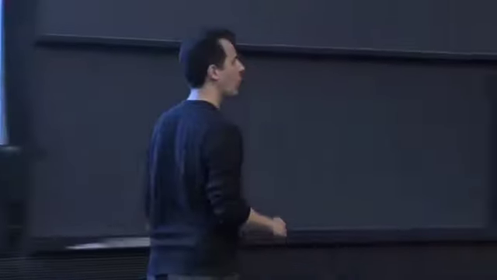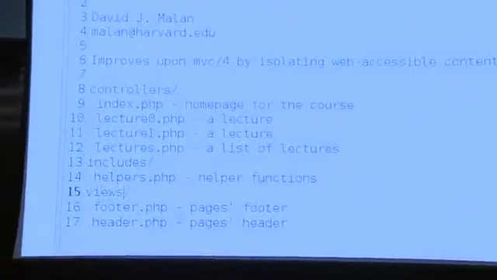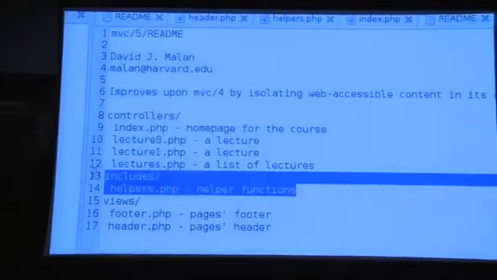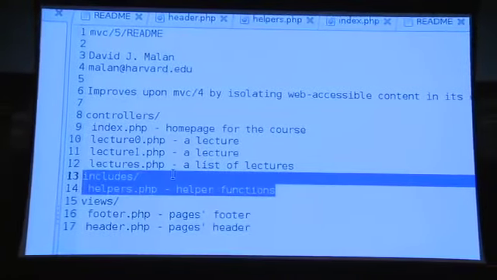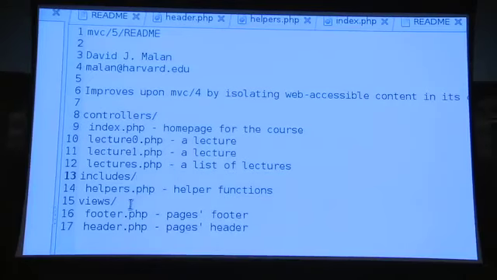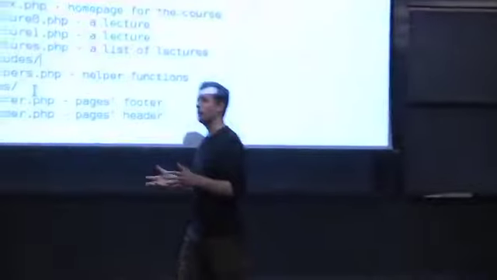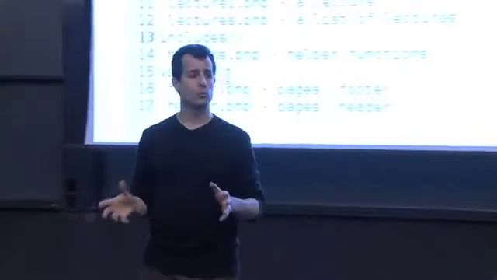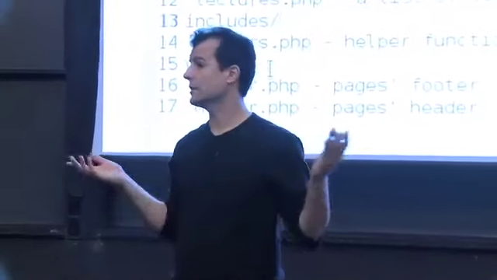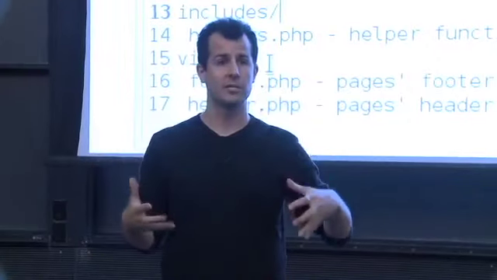And now, too, we have the V in MVC. Now, my HTML directory, I could really call, just to be clear, controllers. And my templates can be called my views. Includes doesn't really have a letter in the acronym. But in terms of MVC, controllers refer to the code that you write that controls the user's interaction with your website. And so it stands to reason that index.php is like the entry point to my site,